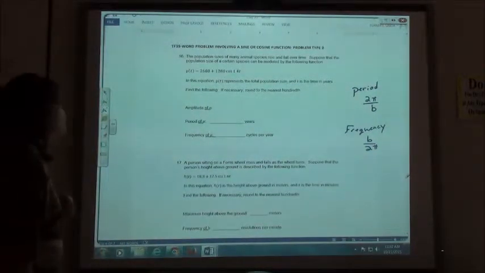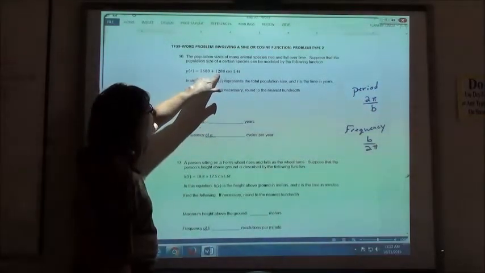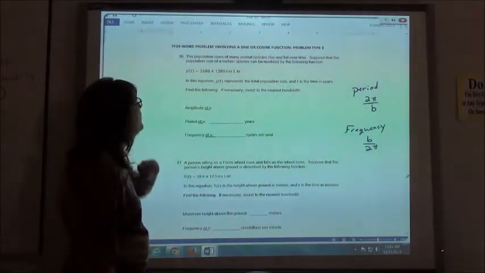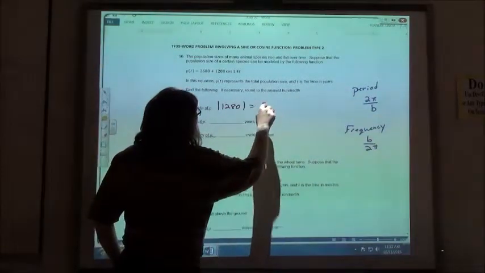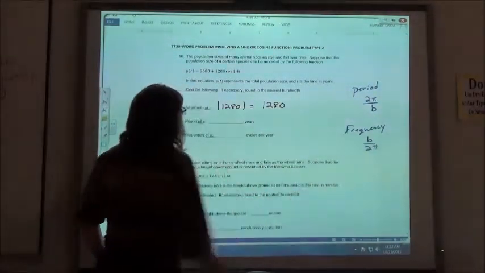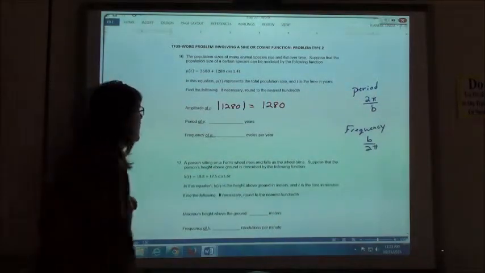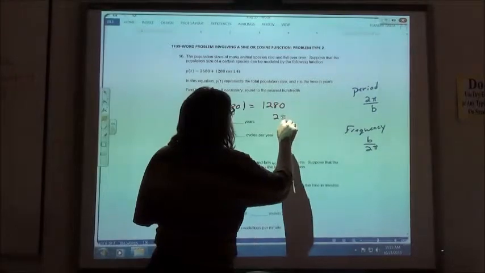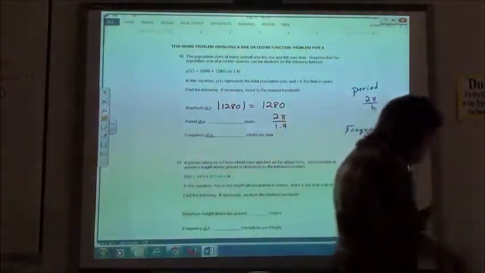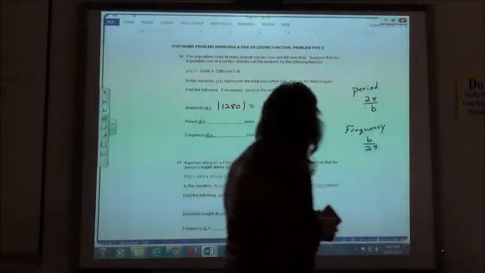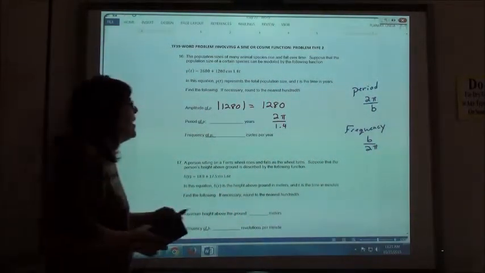years. So first of all, if I'm looking for the amplitude of P, again, my amplitude is that number, it's the absolute value of 1,280, so we'll still get 1,280. My period, again, is still 2 pi over b, so if I take 2 pi and I divide it by 1.4, I'm going to grab my calculator in order to find that, because they want us to round to the nearest hundredth. So for pi, you could use